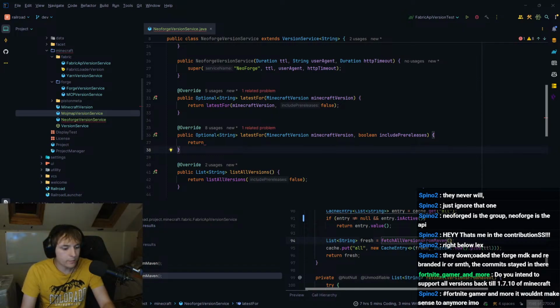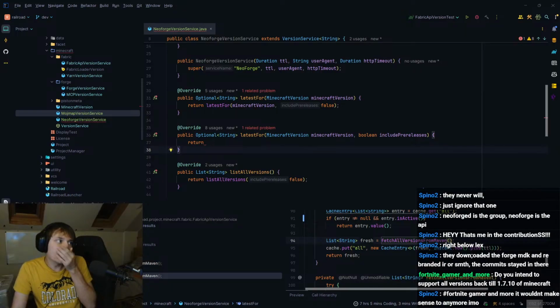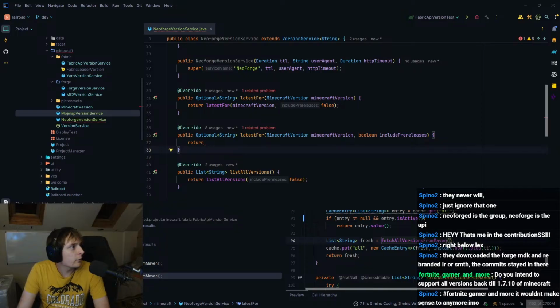What's the Forge website called? Minecraft Forge, that's it. I just want to have a look. Oh, so the Minecraft Forge Maven does actually have the latest in it. It is one of the fields. I probably should have used that then.